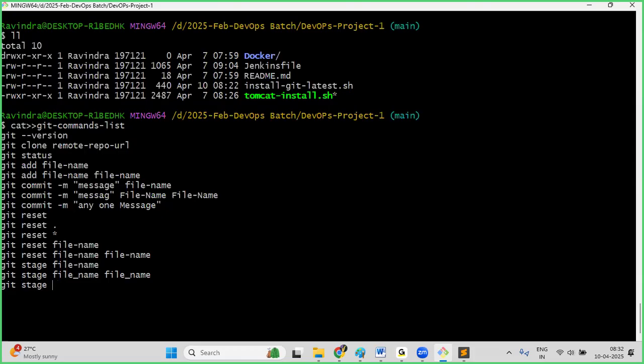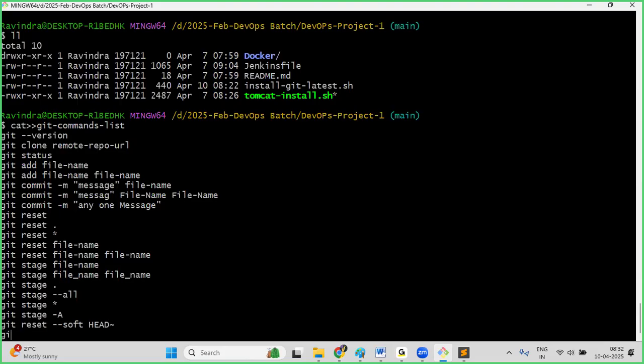Yes, git stays, git stays hyphen all, git stays asterisk, git stays hyphen capital A. Okay, yes guys. Next, git soft, git reset hyphen soft head tilde. Okay,